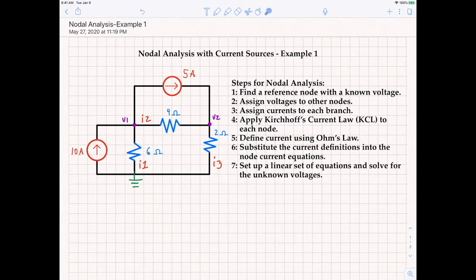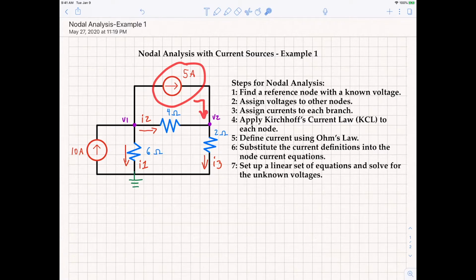Step 3. Assign currents to each branch. Notice there are 3 branches, so we assign 3 currents. It's always a good idea to try to guess what the direction of each of the currents will be. Notice we have a strong current source pushing current in this direction to this node right here. We have another current source driving current in this direction. It's reasonable to expect that current will flow in this direction to this branch and in this direction to that